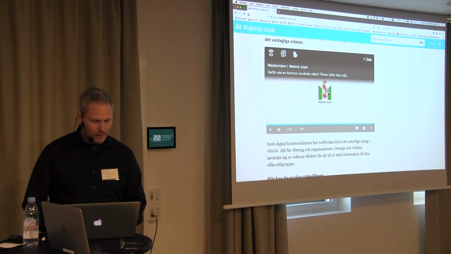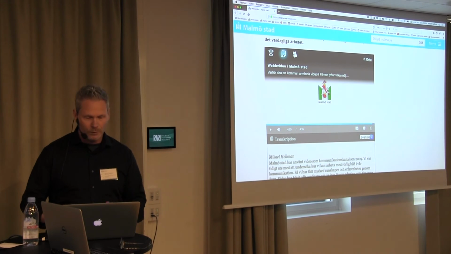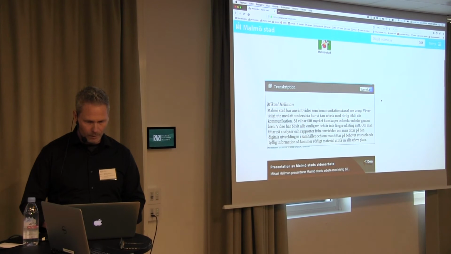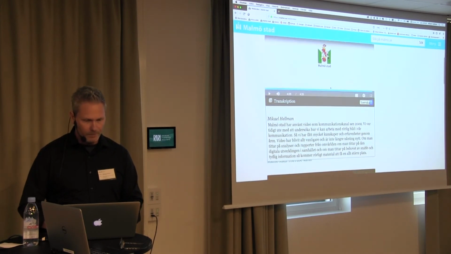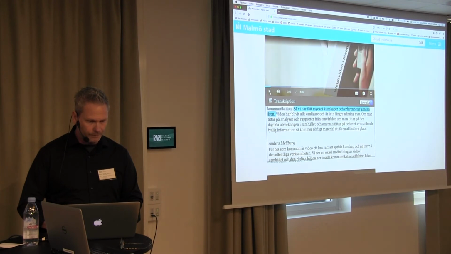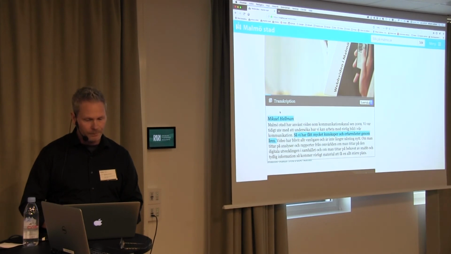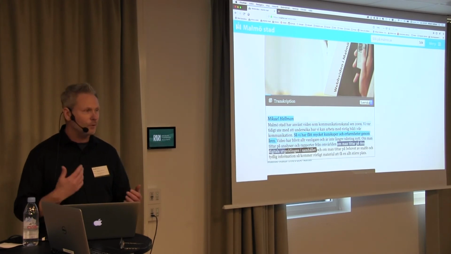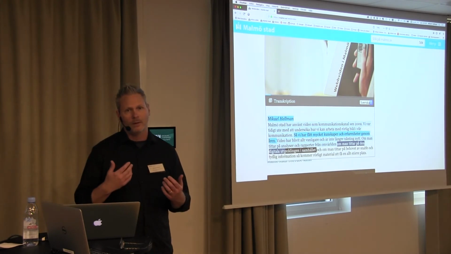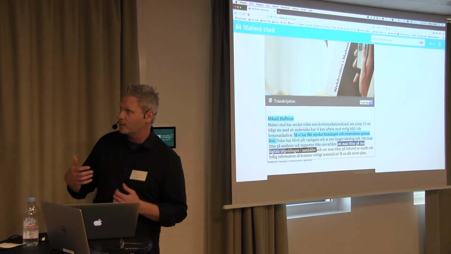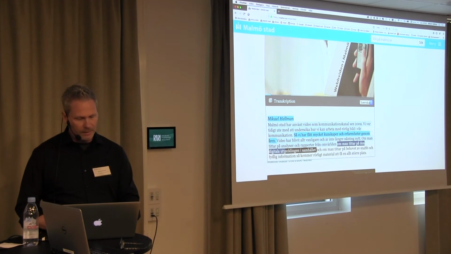And in the middle here we have the text version, and when you activate the text version, you will have this text box underneath the video. So we can go back here so that you can see what I'm doing. This is based on the captions. You can highlight if you are blind or have a visual impairment, or a cognitive impairment. You can actually highlight the text and then have